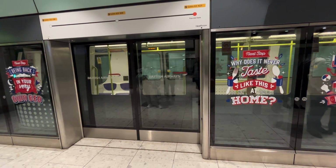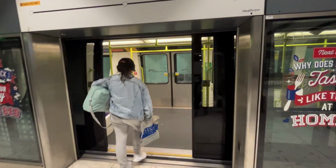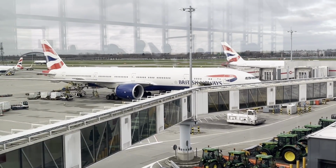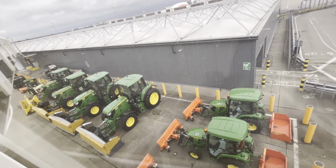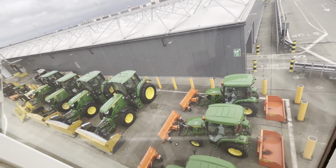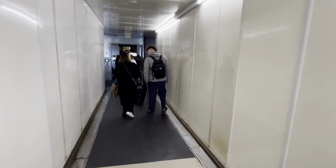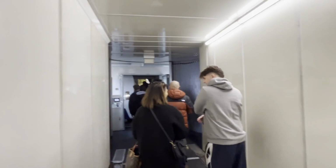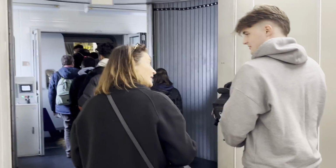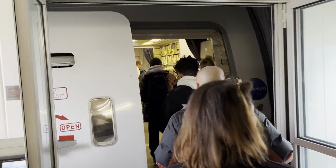Soon it was time to head out to the B gates at Terminal 5 to board my flight. So I headed down, ready to take the people mover. I could have walked underneath, but I didn't fancy it, so I headed straight out to the B gates, and it was time to board the flight, looking at the winter weather equipment which was stored right next to my plane, some tractors and snowplows, and then down the jetty, heading towards the aircraft door, ready to get on that Boeing 777-300 with British Airways for the flight across the Atlantic to New York. Just a small little queue, a small delay on the jetty, not a big problem,